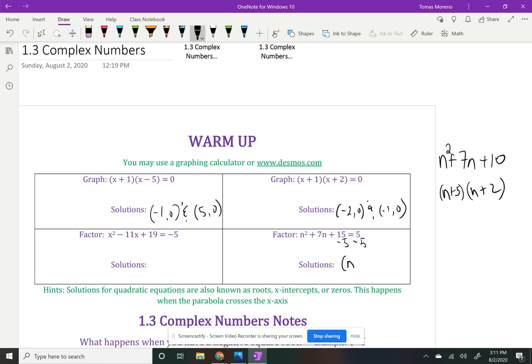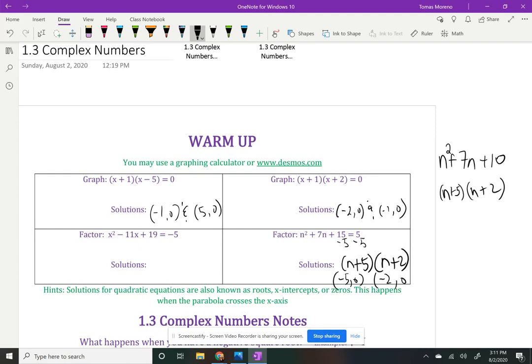So I could have n plus 5 and n plus 2 as my factors. And if I want to know the solutions, I take it one step further, and I already see a pattern happening. If it was x plus 2, it becomes a -2. If it's plus 1, it becomes a -1. If it's a -5, it becomes a +5. If it's a +1, it becomes a -1. So my solutions here would just be -5, 0,